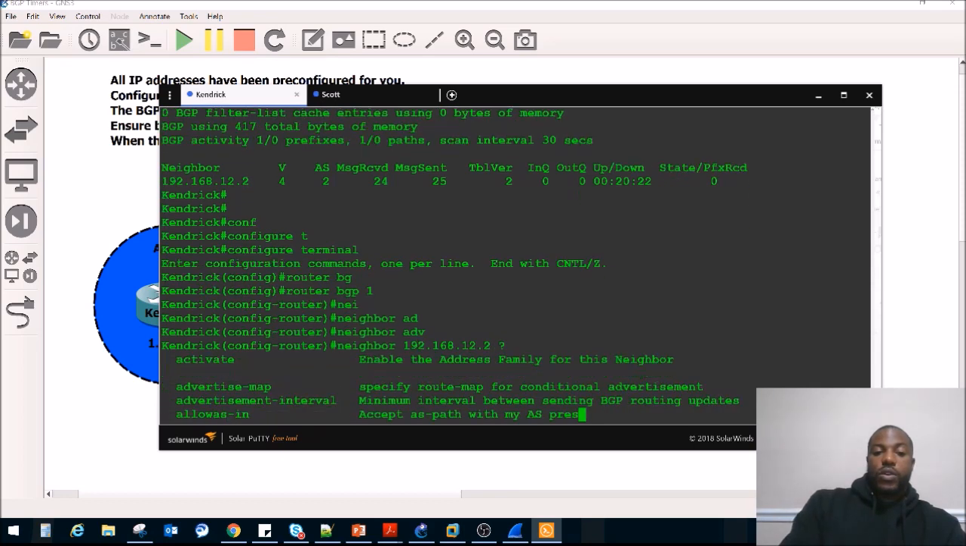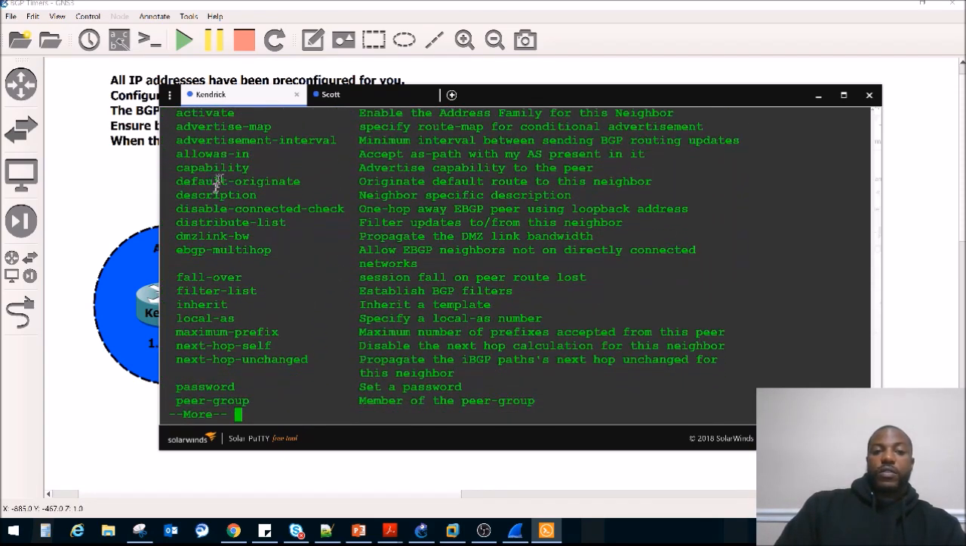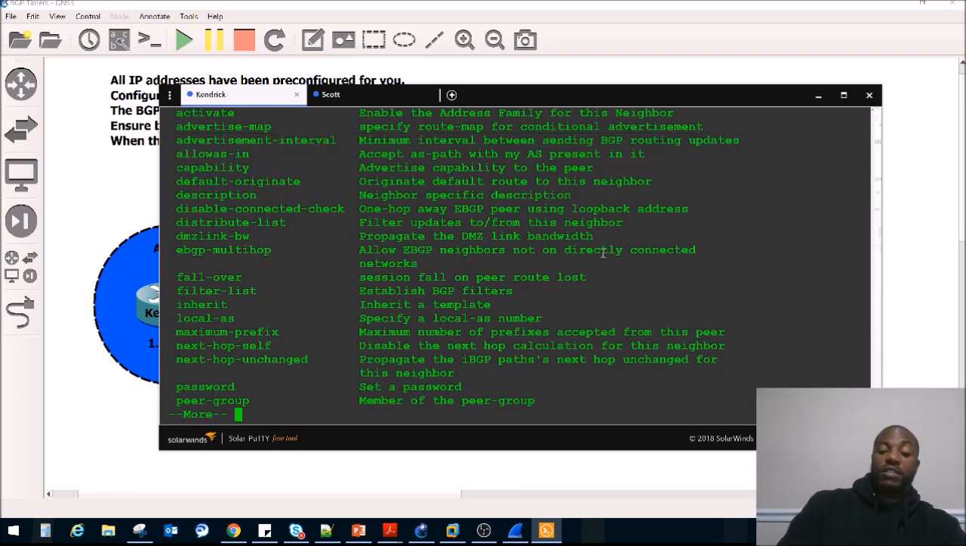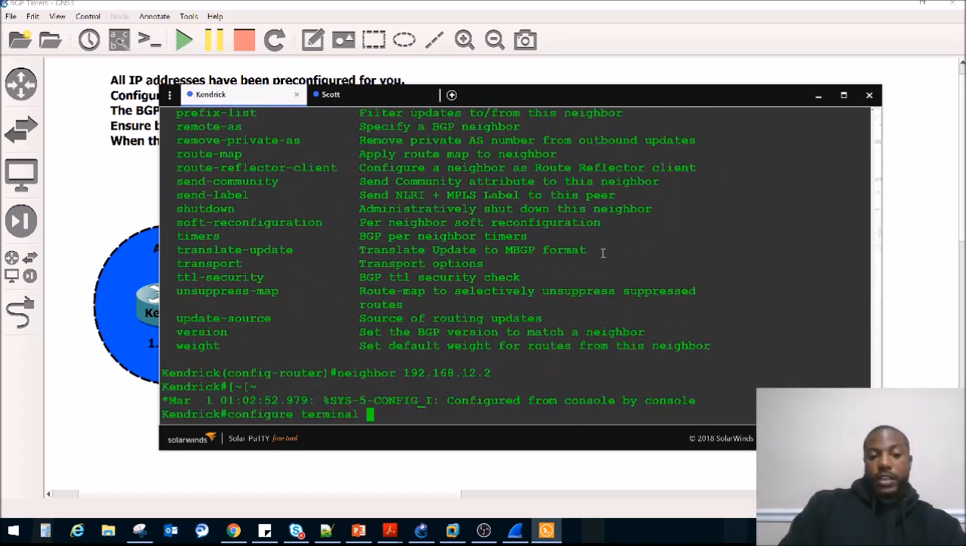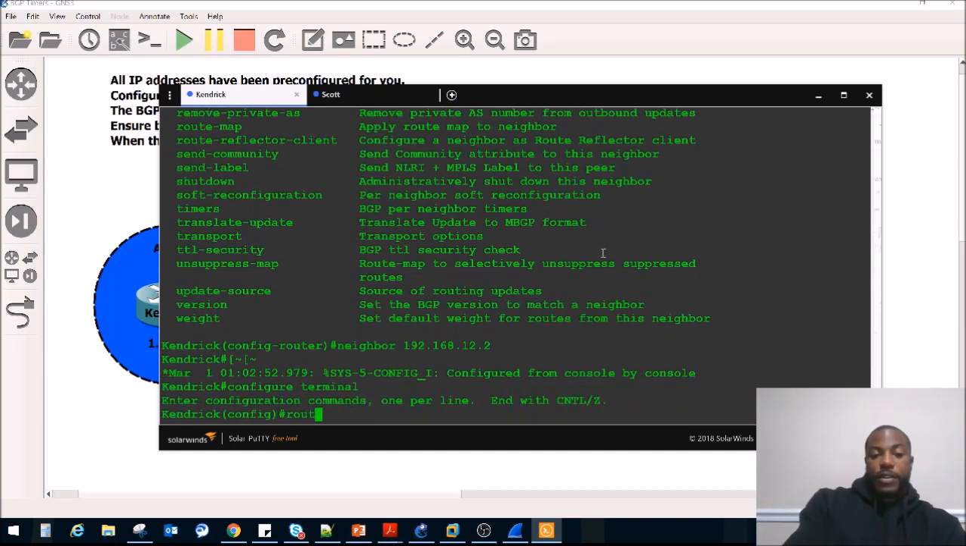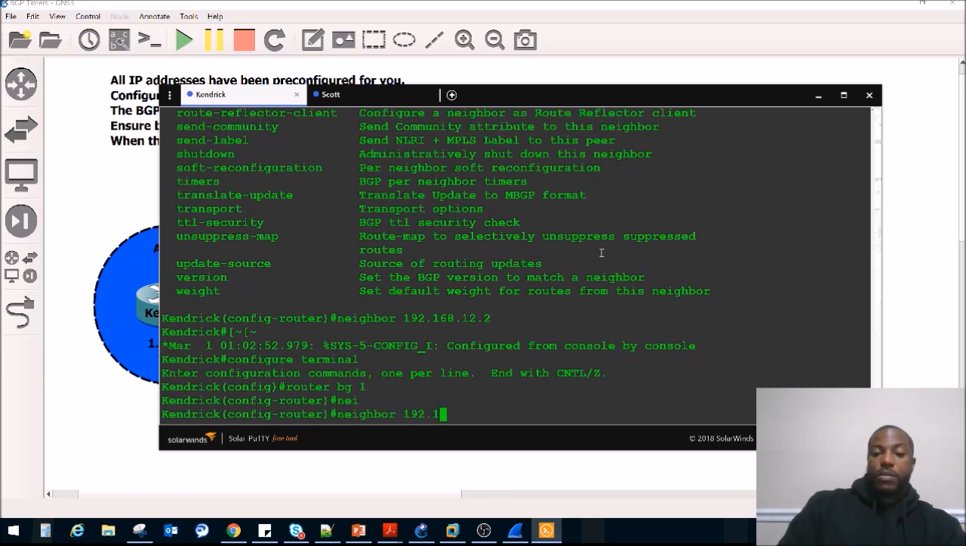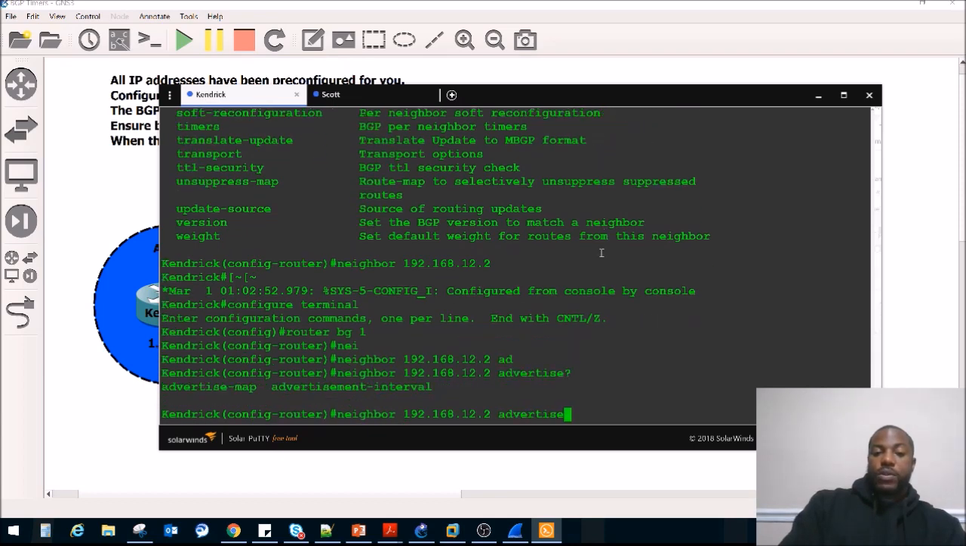192.168.12.2, and right there, see where it says advertisement interval, minimum interval between sending BGP routing updates. That's basically what it is. So the minimum, he said, send updates immediately. So that means we basically got to turn this feature off. So I got out of that. Router BGP 1, and we're going to say neighbor 192.168.12.2 advertisement interval